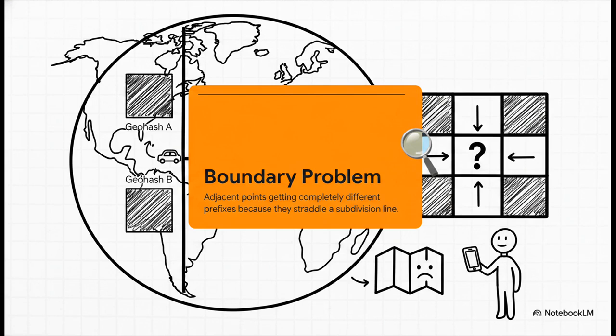Geohashes can lie to you. We call this the boundary problem. Imagine one point is just slightly east of the prime meridian, and another is just west. They might literally be 10 meters apart in the real world, but they end up with completely different geohash prefixes simply because they straddle a major binary subdivision line. Because of this little quirk, your query logic must always check the target cell plus its 8 surrounding neighboring cells to guarantee you don't miss a nearby driver. If you skip this step, your system will fail silently and your users are just going to stare at a